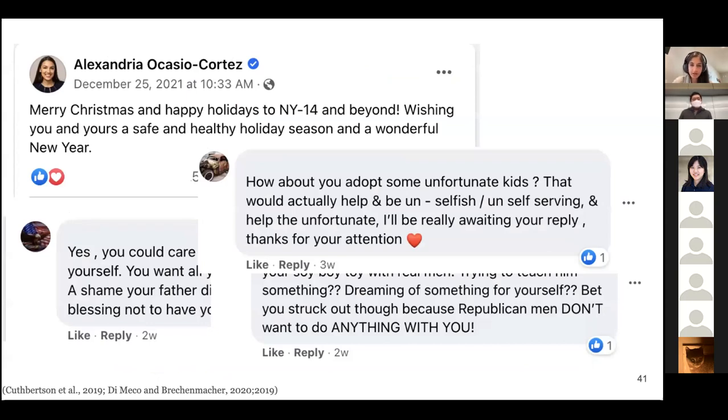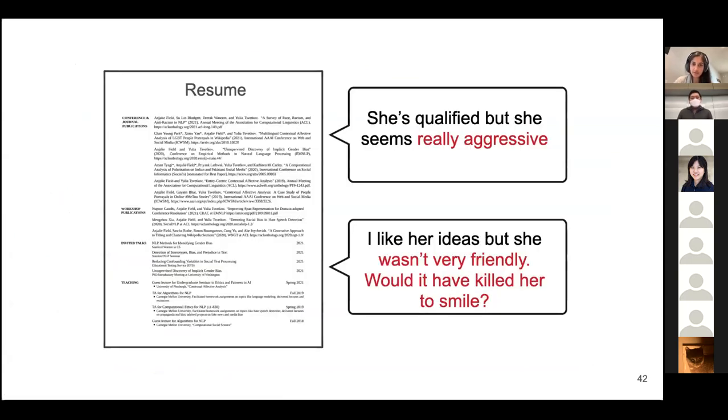Repeated exposure to these types of comments can be demoralizing. It's the kind of thing that deters women from using social media and prevents them from becoming public figures, because they don't want to be exposed to this type of content. And there are also scenarios outside of social media where it's pretty clear that this type of content is not appropriate, such as hiring decisions, admissions decisions, and workplace settings, where gendered content like this can derail women's careers.